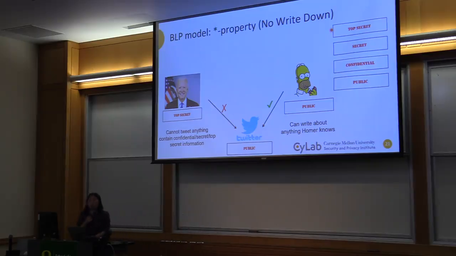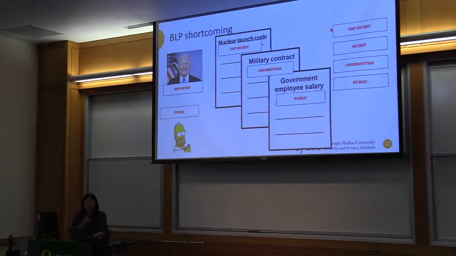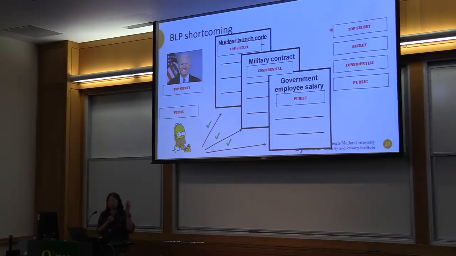All right, so one of you already figured out this is a little bit weird, because let me change the file a little bit, just get our label back. As a result of our write policy, it seems like Homer can write to anything. Because from secrecy perspective, that's okay, because Homer doesn't have any secret. Write to anything, it seems fine. But intuitively, this is really bad, right? It doesn't seem right. I don't want Homer Simpson to write into the military contract, buying the wrong thing. He might buy too many donuts rather than buying the thing I want, right? Things like this.